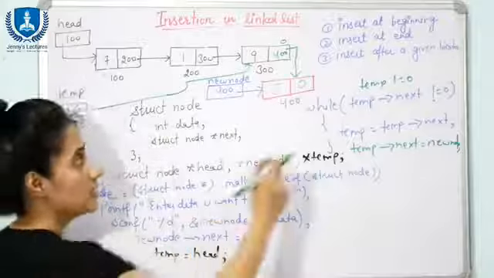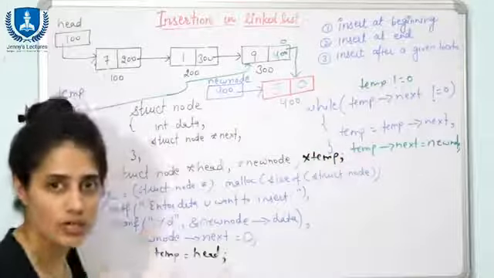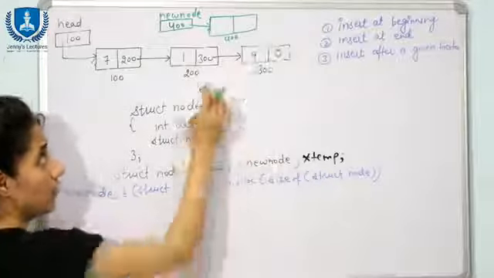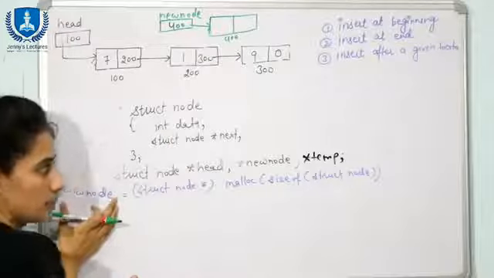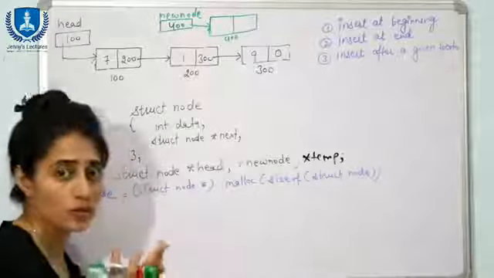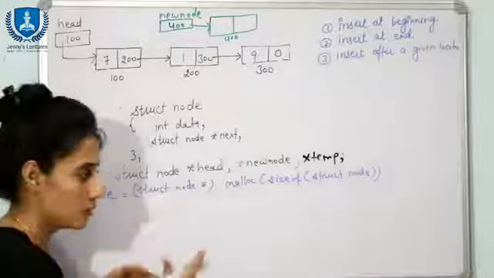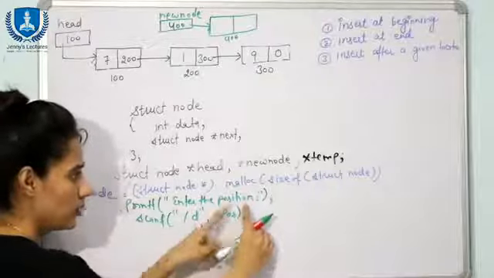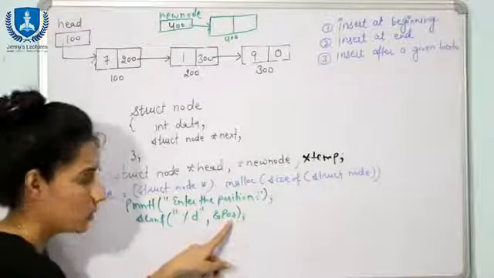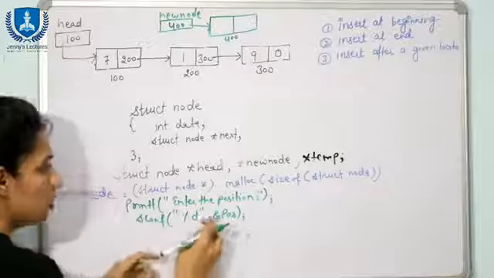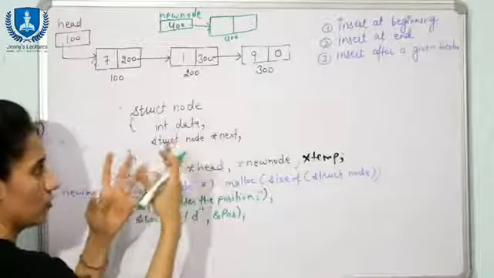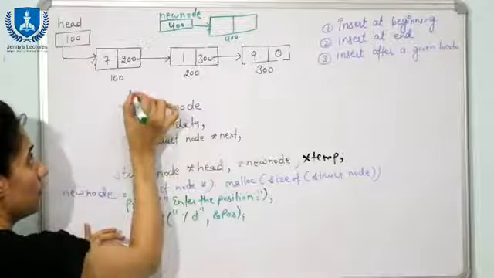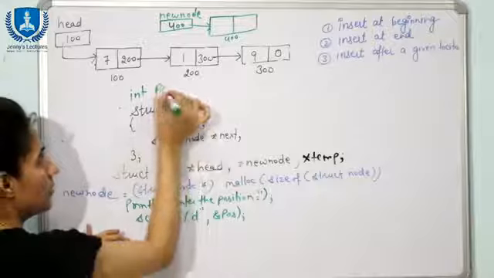So now the third thing is how to insert after a given location. In this case also the coding would be the same. We have created a new node, fine, and an address would be allocated to this new node pointer, right. Now see, you will ask the user for the position after which you want to insert. So this is how we are going to take input from the user, enter the position, and in this variable you are going to store that value. So for this you have to declare this variable first of all, fine. So somewhere before this you can declare this variable. Suppose I am declaring it here, int POS.